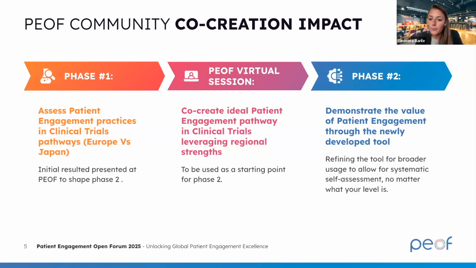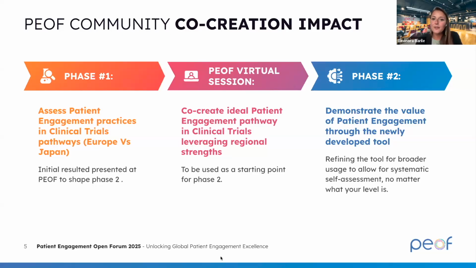We really want to hear your opinion, your experiences and your thoughts, because this will help inform the second phase of the research, which will focus on demonstrating the value of patient engagement and refining this newly developed tool that allows you to quickly and easily self-assess patient engagement and demonstrate its value externally. I'm not going to spoil anything else because I'm sure our speakers will walk you through this.